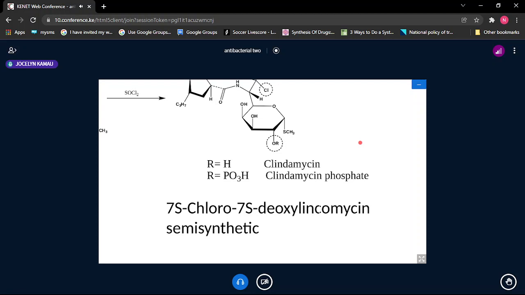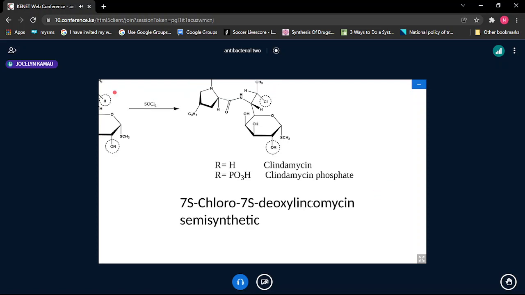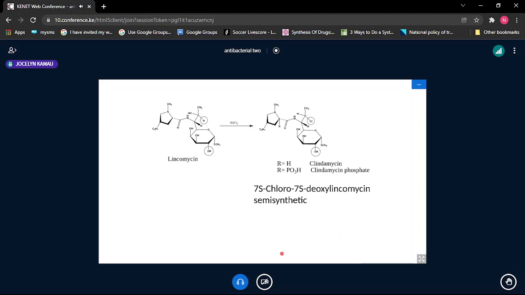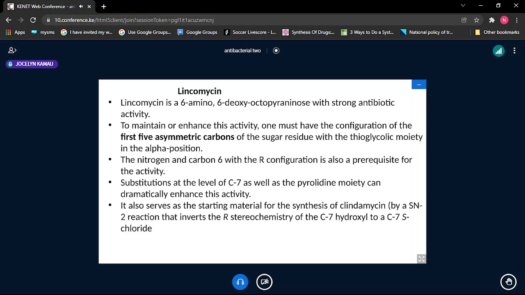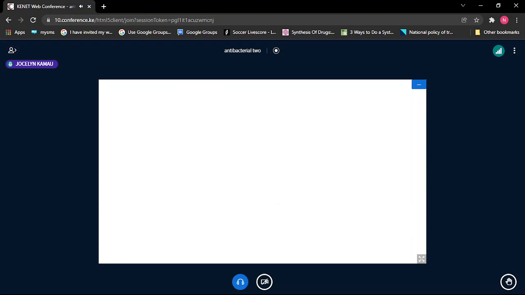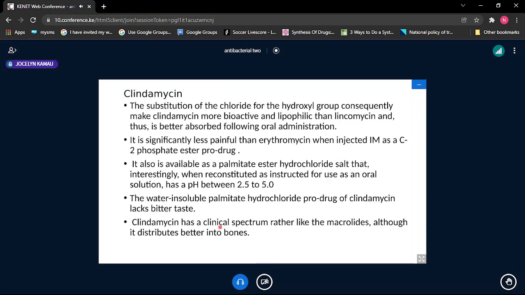So the group that you put at that particular position can have some influence on the properties of the ultimate drug. Yes, it is just a small group in terms of esterification, but that group can either bring in lipid solubility or water solubility, and therefore give the resultant compound or drug different characteristics. So you will add there depending on what kind of molecule you want. Therefore, we are saying